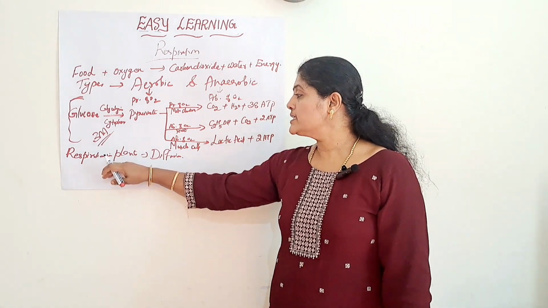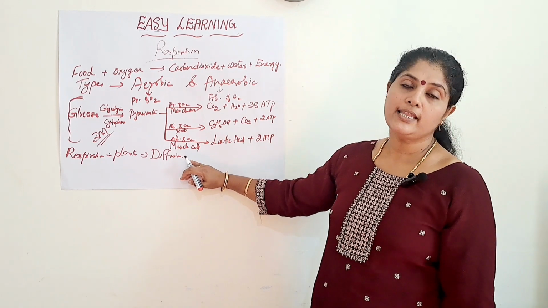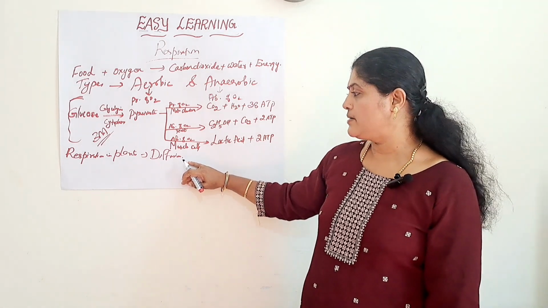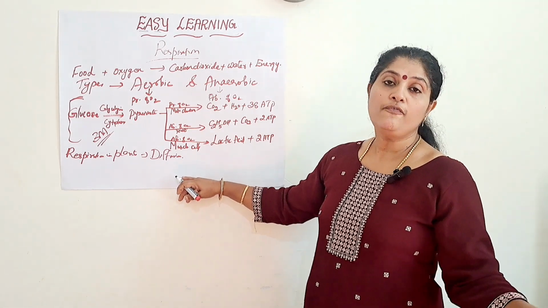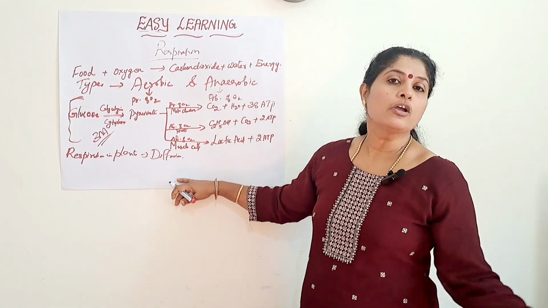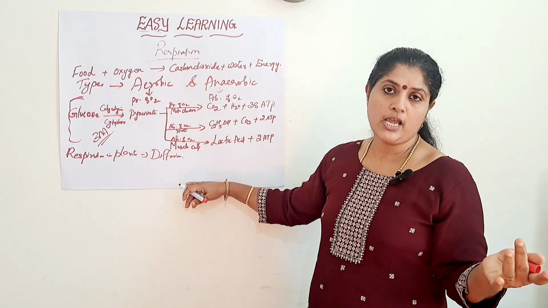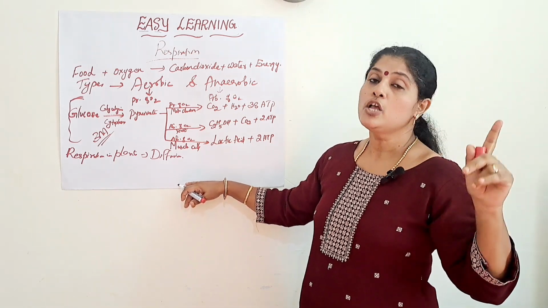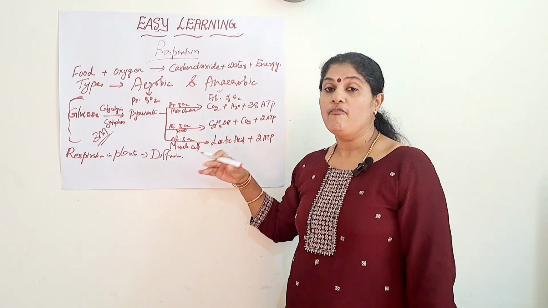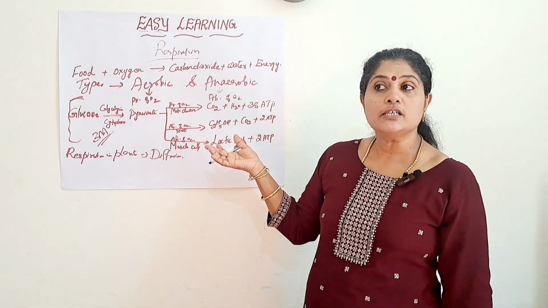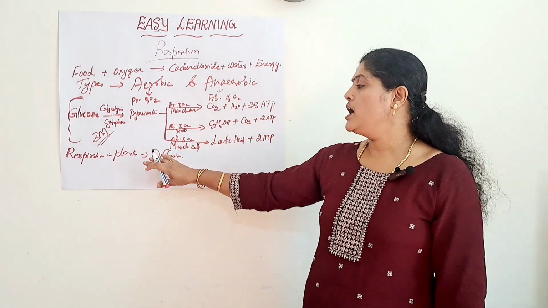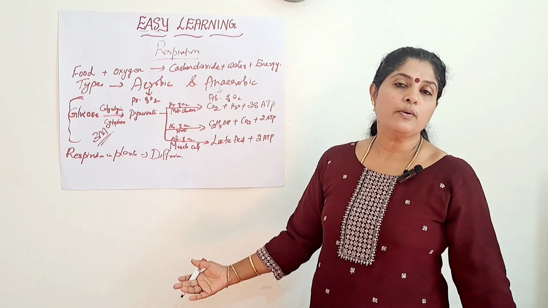So diffusion is applicable only in the case of plants, but it is not applicable in the case of large multicellular organisms. This is an NCERT question also: diffusion is insufficient to meet the requirements of large multicellular organisms, justify the statement or give reason. It may come as a 2-mark question, and it is repeatedly asked, so you have to concentrate on this area. Why is it insufficient? Because the volume of the body of those organisms is very big, so it is difficult for the process to take the oxygen to each and every part of the body.